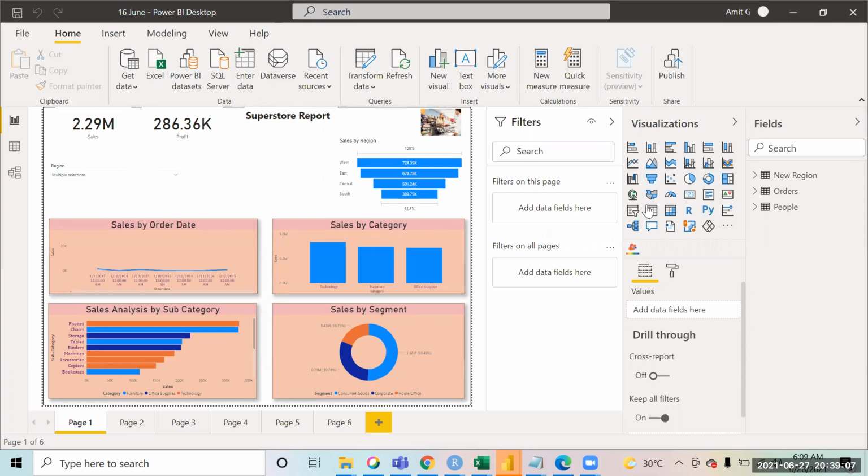So how can we do this? What we do is we publish this report on the Power BI service, so that I can share this report with the end users. Do you all have your Power BI service accounts created? Anusha, Harsha, Rama, do you have it? Okay, Rama, you have it.